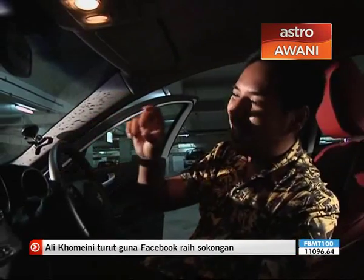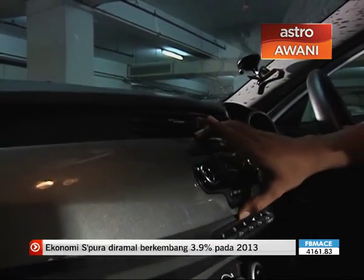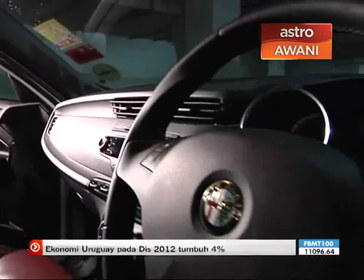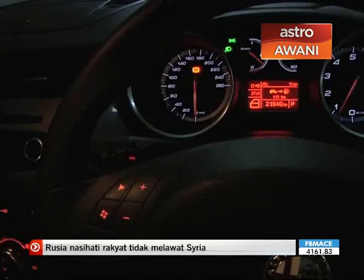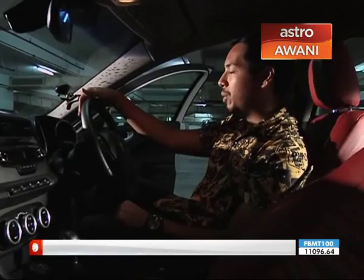Look at the way the Italians pay attention to the detail. Even the aircon vents are not disturbing the line of this silver-colored panel here. And it just flows from one end of the car, of the cabin, to the other, and it's absolutely beautiful. And for those who are familiar with Alfa Romeos, it's a very familiar setup of the speedometer on the left and the rev counter on the right, and they are flanking, of course, the fuel as well as the temperature